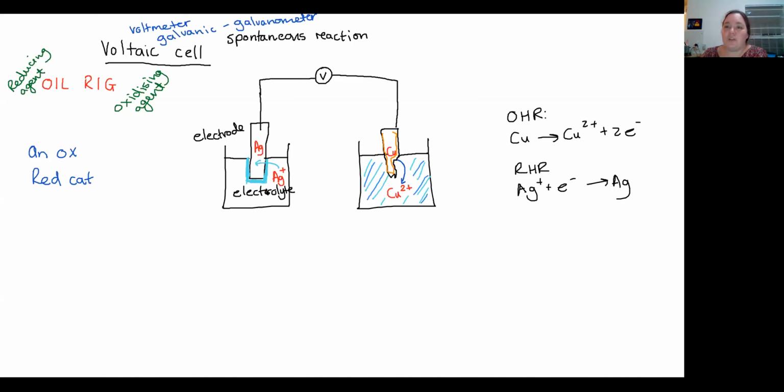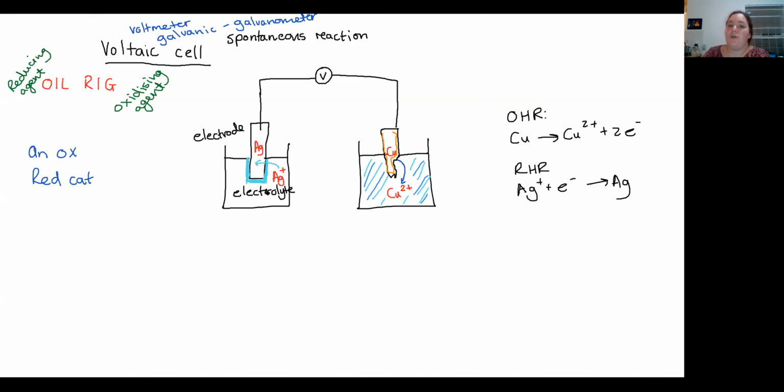All right. So the last thing that we need to do here, or one of the last things, because we've got just a little bit of time, we'll manage to finish this if everybody hangs on, is that when copper turns into copper 2+, it also gives off 2 electrons. Those 2 electrons travel up through the wire, through the voltmeter, which, by the way, we worked out measured 0.46 volts under certain conditions, and then down to here, where those electrons, although one at a time, are gained by the silver plus